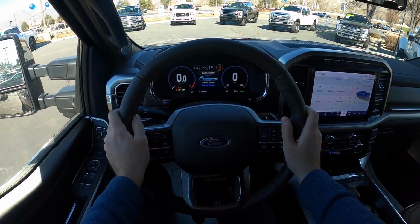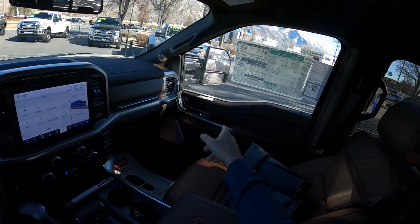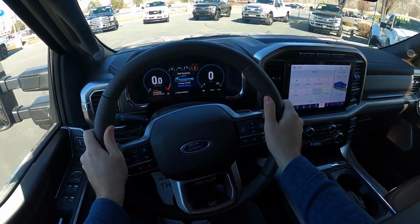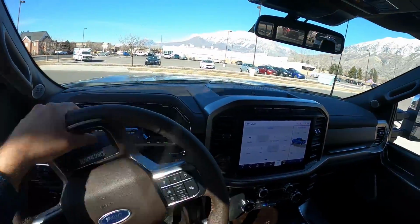Look over visibility before we set off. There's visibility of the hood. Both mirrors, which again, blind spot monitoring. Then throughout the rest of the rear. And let's set off. So setting off here in this F-150 King Ranch with the power boost, and this is